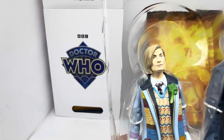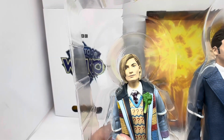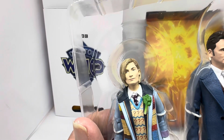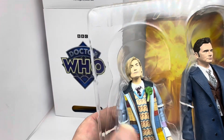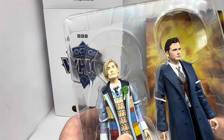Now the detailing on these figures is incredible. Look at the features of Jodie Whittaker as the 13th Doctor. I mean, the sculpting on her face is incredible. She just looks just like Jodie Whittaker. The dress, the clothes that she's wearing, is just like she did in that episode with the old Sylvester McCoy